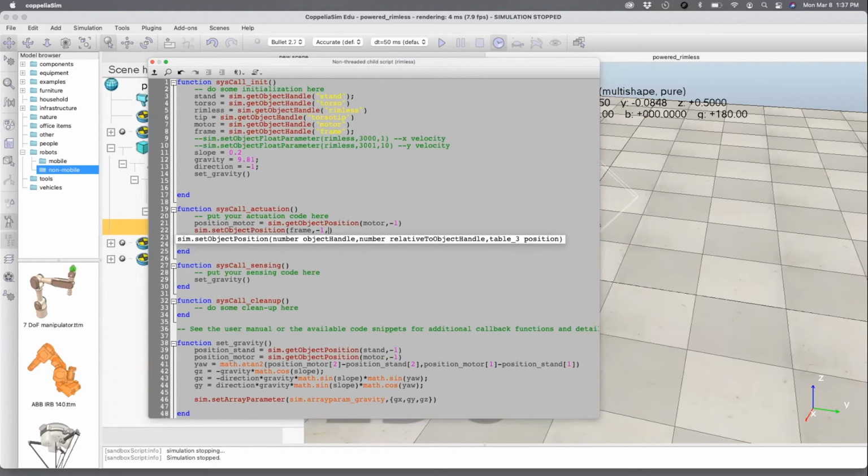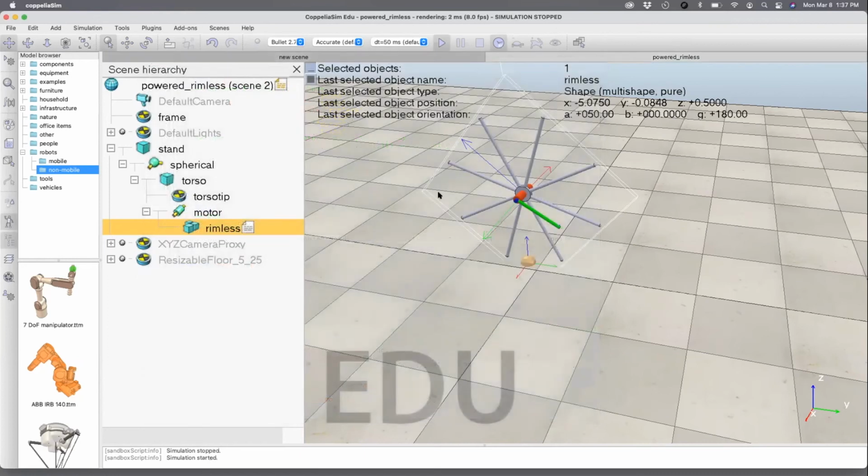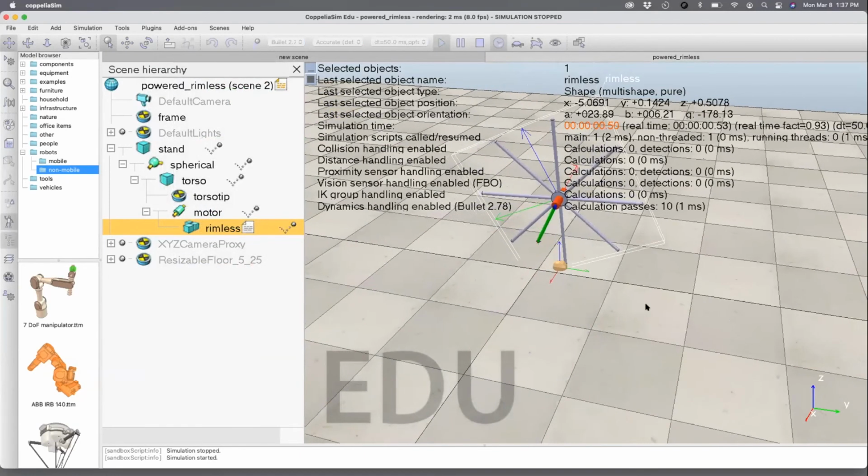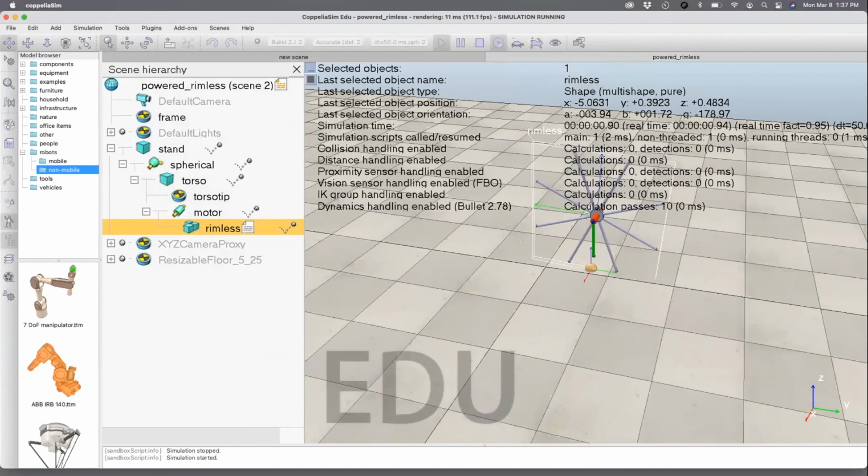The x coordinate is going to be the same as the x coordinate of the motor, so I'm just going to copy paste this. The y coordinate is going to be the same as that of the motor, but the z coordinate is going to be 0 because it's going to be a projection. If you keep this and now run it, you can see that the object is actually moving with the